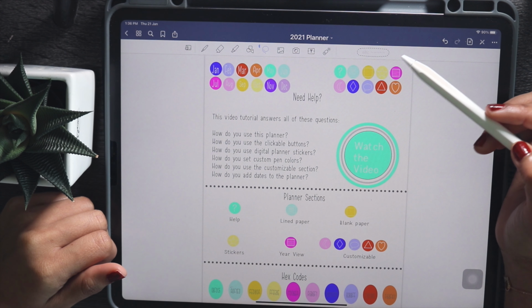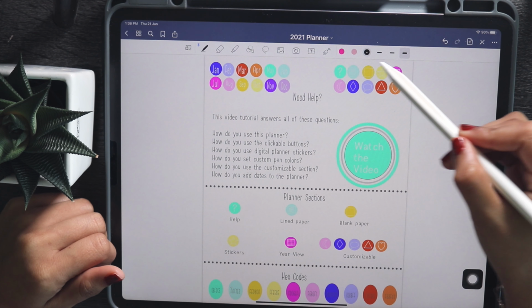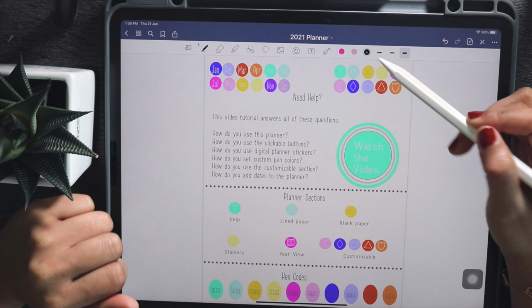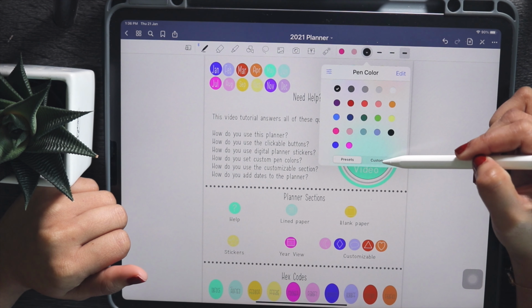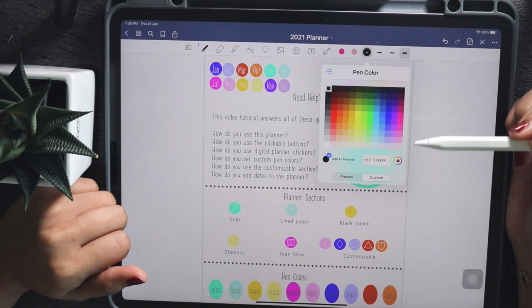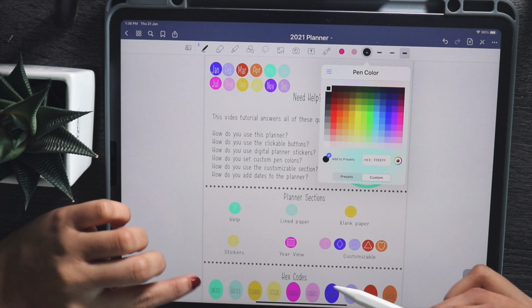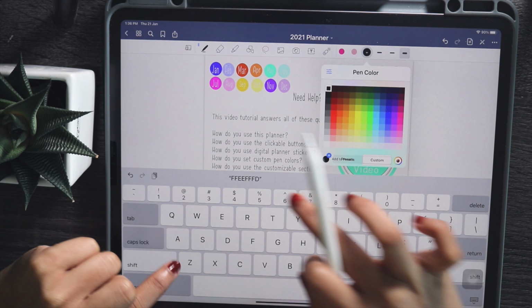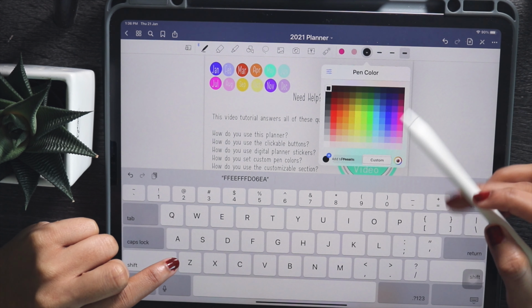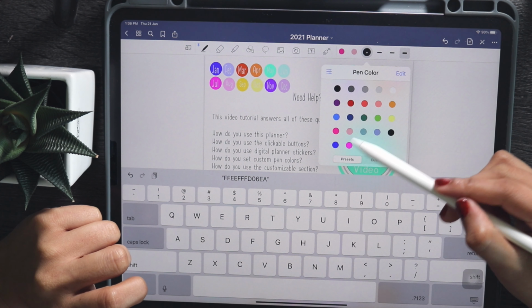Once you see those writing tools, you can tap on the pen, and then you will see some colors show up over here. If you tap on one of those colors and then tap custom, you will see the option to add a hex code. The hex code is the number on the little circle here. So let's do this first one here, or the fifth one, FD06EA. And then that color shows up in the preset. Then all you have to do is tap the plus symbol that adds it to your preset.